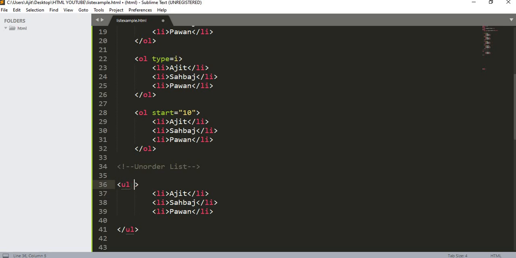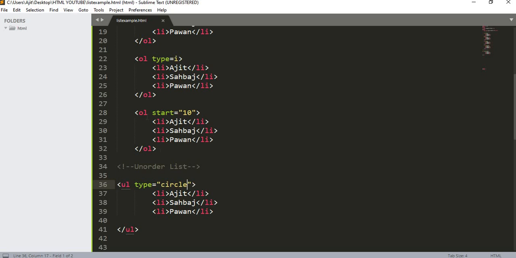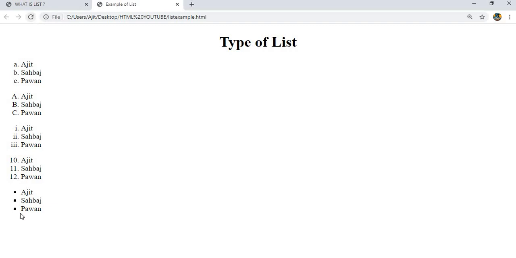I want it in circle form, not completely filled. Yes, you can see. Now I want it in square, no problem, you can write square. So according to user choice we can design. Fine, this was all about the unordered list.